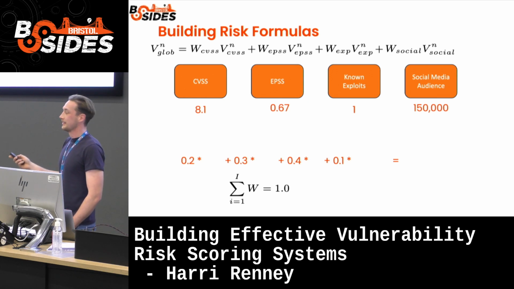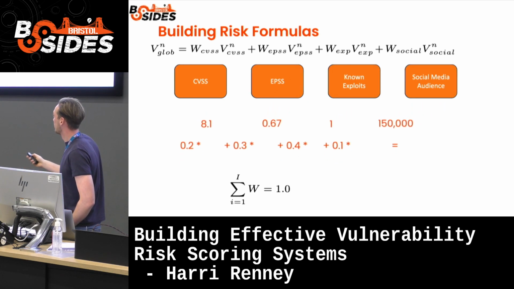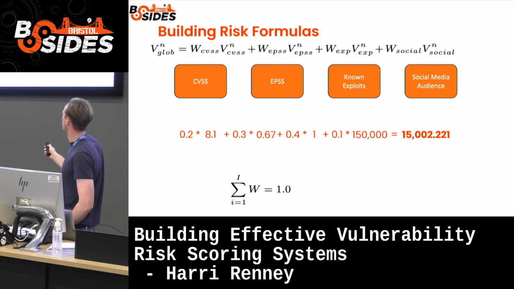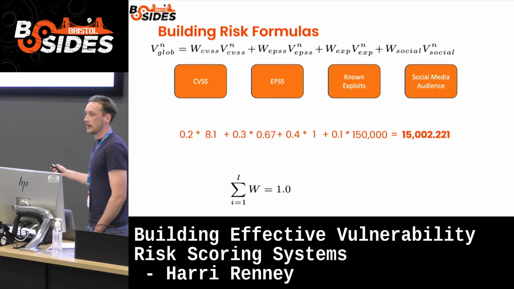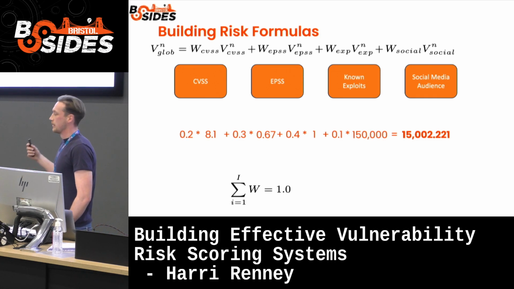Let's pop them through a weighted calculation with these weights, and we've just got 15,002.221. Okay, it's useless because we're not getting the right normalized range for all our metrics, all our data sources. It's just heavily favored Twitter. Nothing else matters. Okay, that didn't work.